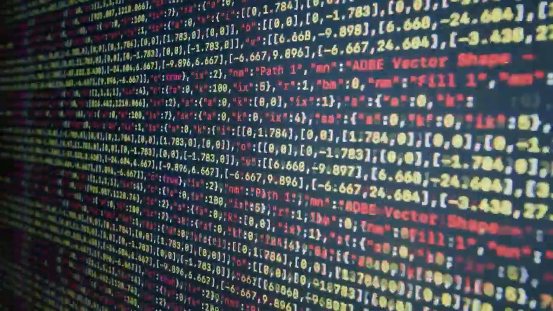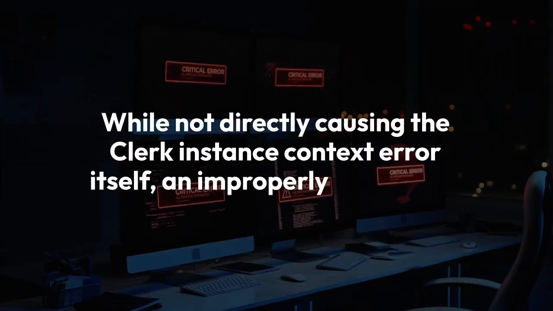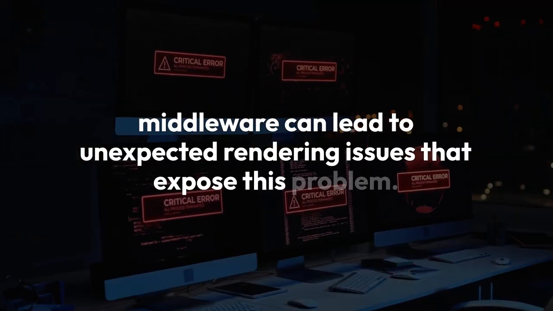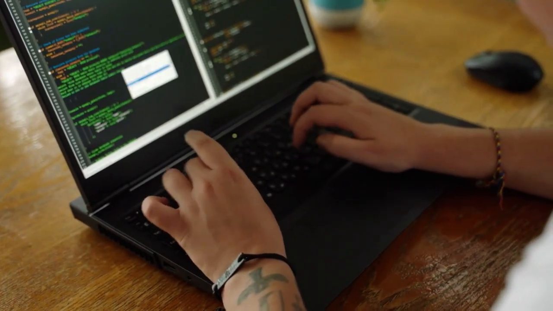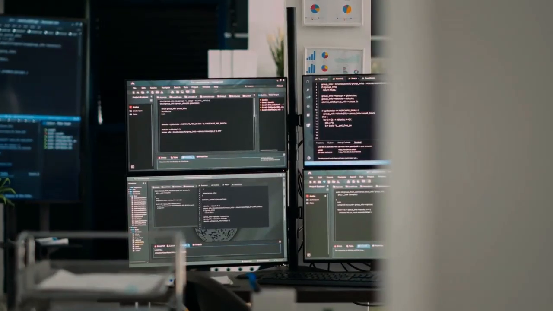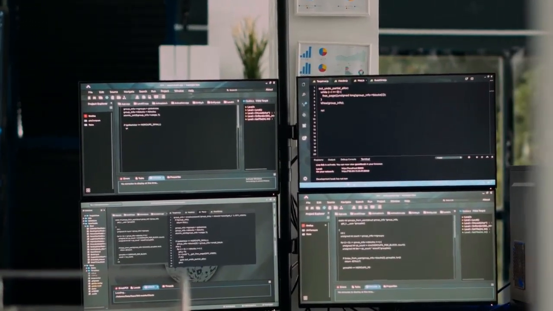Secondly, consider your middleware.ts file. While not directly causing the Clerk instance context error itself, an improperly configured middleware can lead to unexpected rendering issues that expose this problem. Ensure your middleware.ts is correctly set up to protect routes, but also allows Clerk to initialize. If your middleware redirects before Clerk can establish its context, you might see this error. Make sure your public routes array is correctly defined to allow access to necessary paths, like your sign-in or sign-up